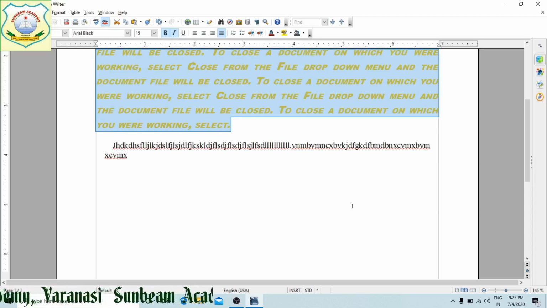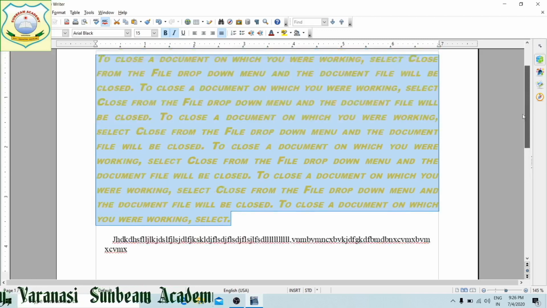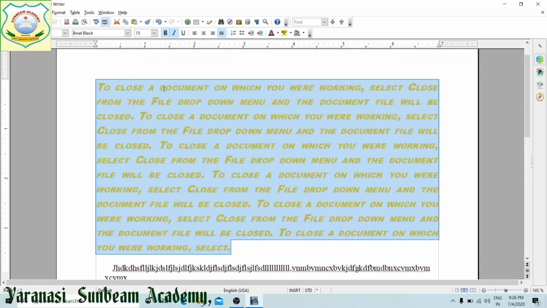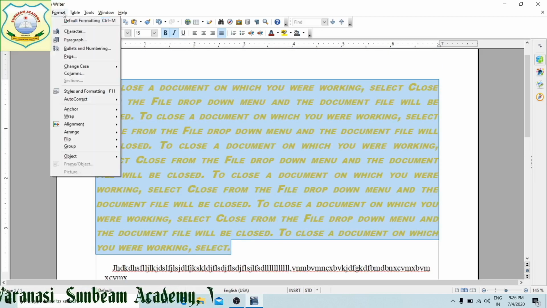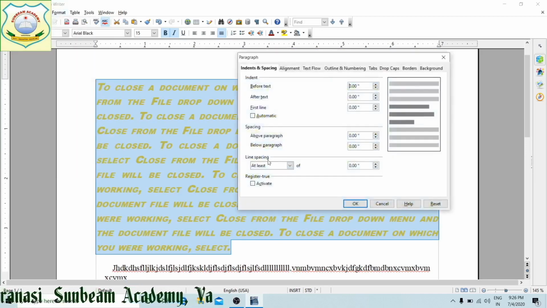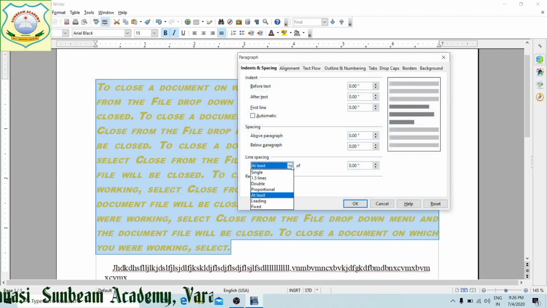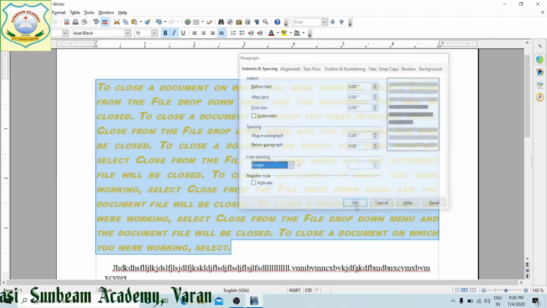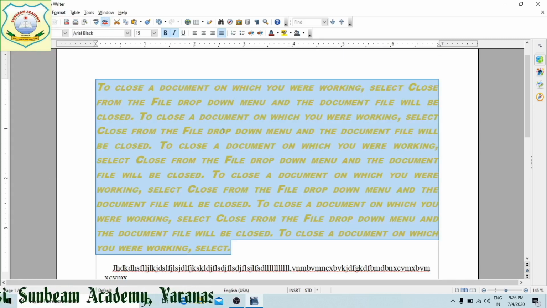Single line spacing, it has the width of 12 points, right? And suppose I am showing you paragraph, single line. Okay, its size will be 12 by default and 1.5, 18 points.